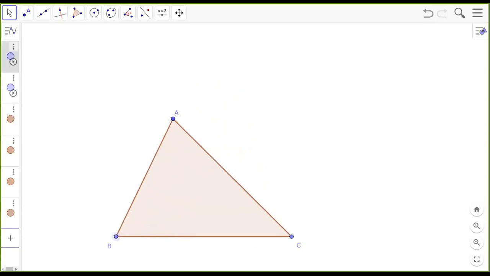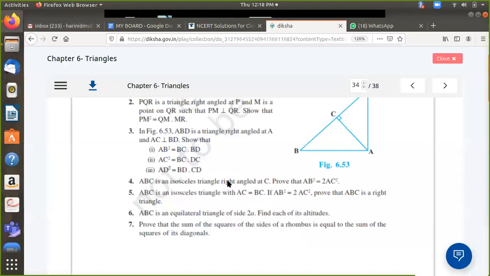Okay, maybe now it should be all right. AC and BC are equal, or you may have to rearrange that in such a way that you get AC and BC equal. Now, after that, what else is given? So I go back again. I have to stop the screen share and then I can select. Ma'am, if AB square is equal to 2 AC square. Something more is given there. If AB square is equal to 2 times AC square. So this is some information which is given to us. From there, I have to go back and show ABC is a right triangle.